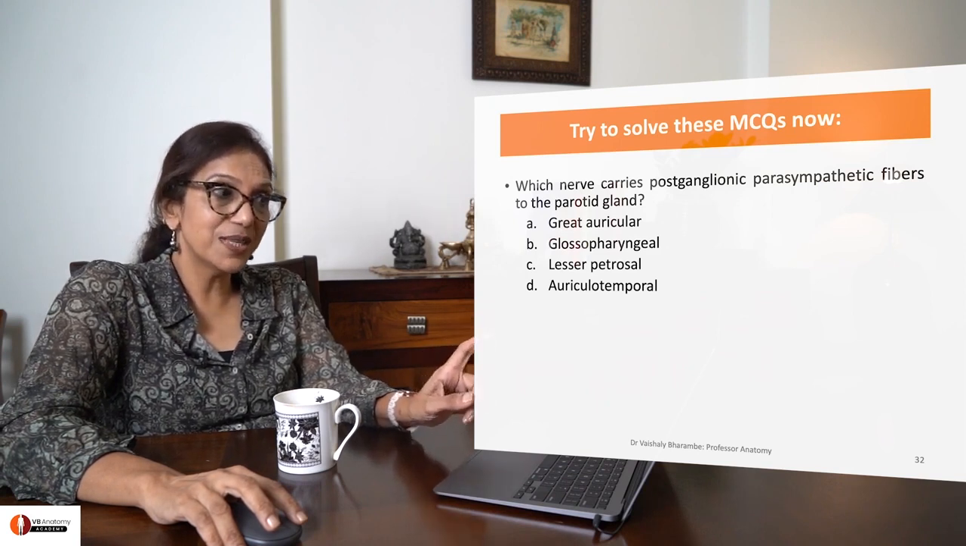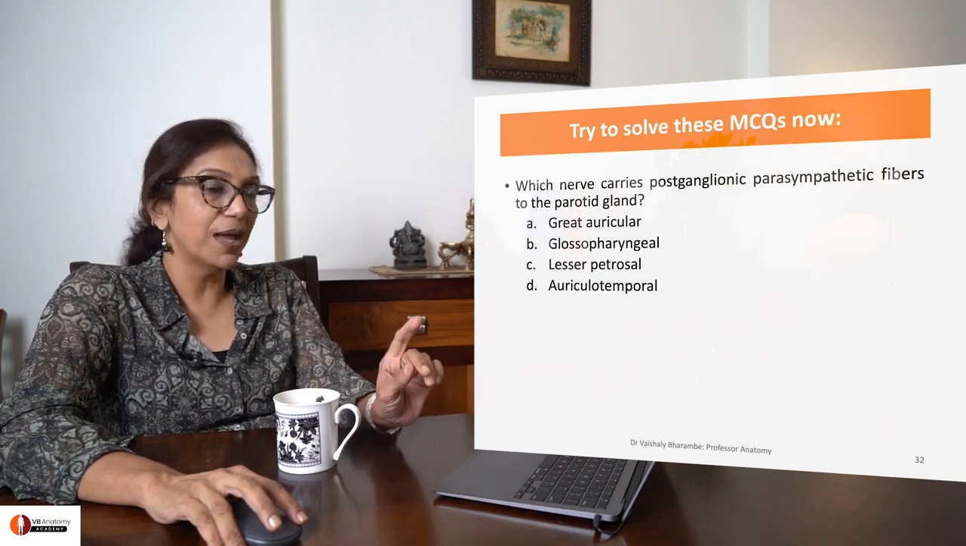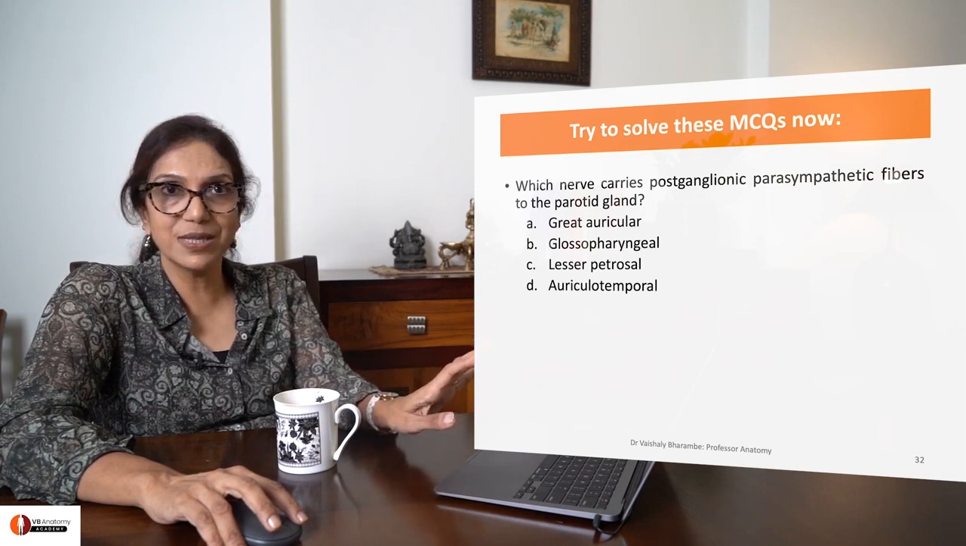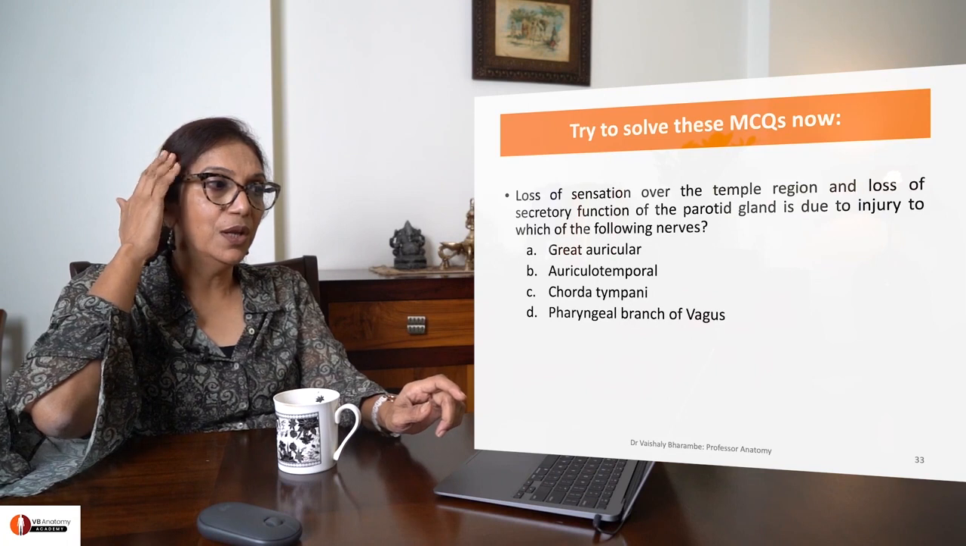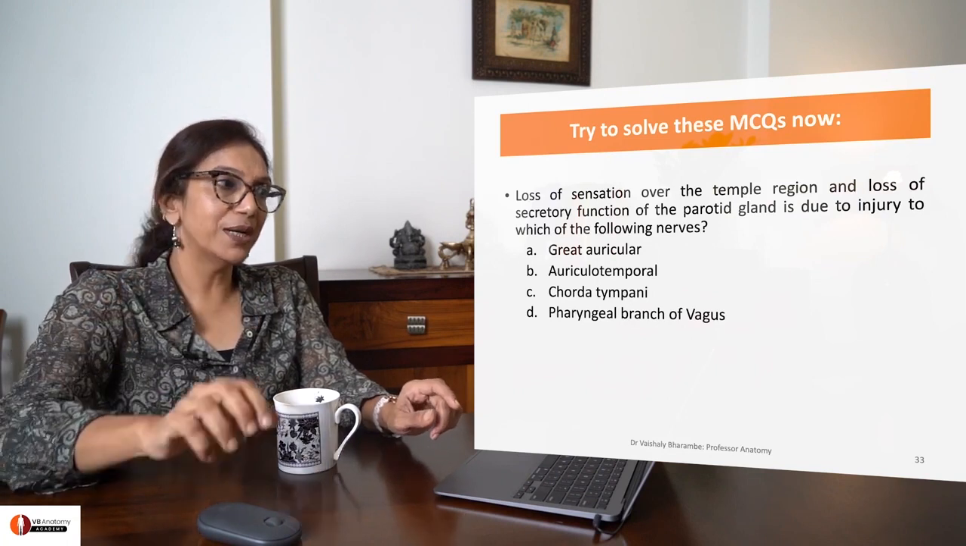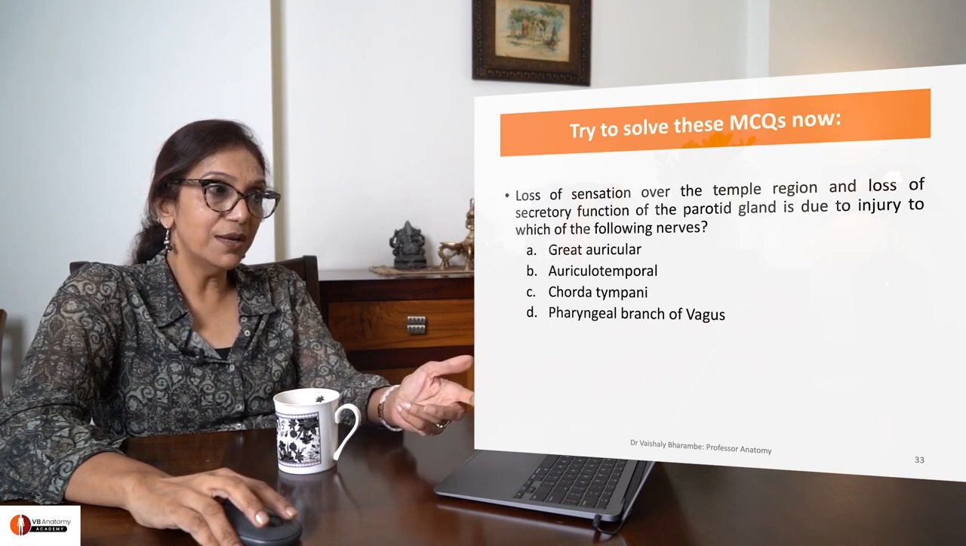Now, this is a question which needs you to apply your mind. I am not going to solve it for you. I am confident you will be able to solve it yourself. Loss of sensation over the temple, loss of secretion from the parotid gland is due to the injury to which nerve? Great auricular,